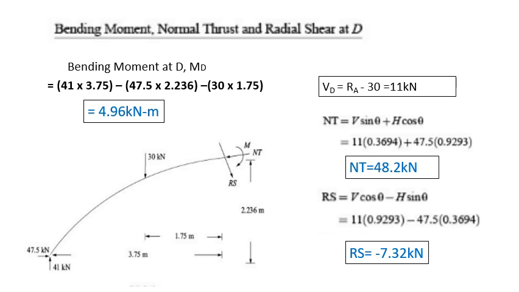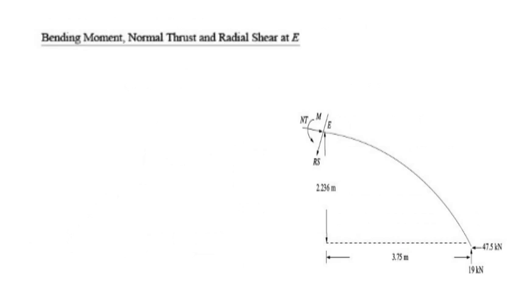Remember, it is also asked to draw the bending moment diagram. Here we have to find the internal forces at the quarter span, both from the left side support and from the right side support. We had just now found out the internal forces from the left side support. Let's find out from the right side support. So again it is at 3.75 meter.